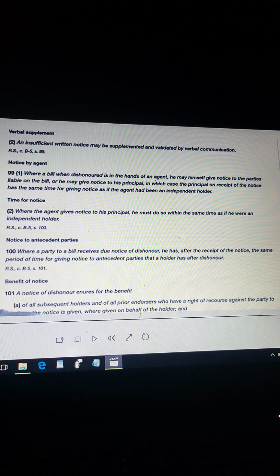Notice to antecedent parties, 100. Where a party to a bill receives due notice of dishonor, he has, after the receipt of the notice, the same period of time for giving notice to antecedent parties that a holder has after dishonor. Benefit of notice, 101. A notice of dishonor inures for the benefit